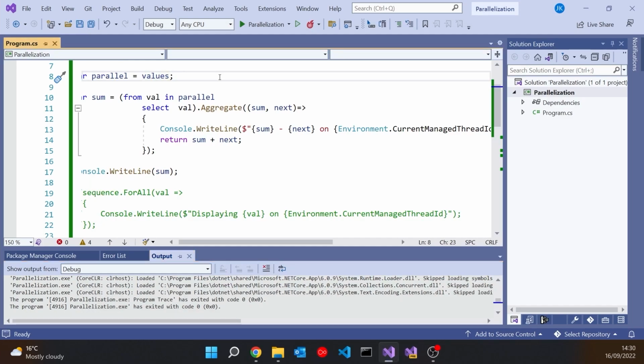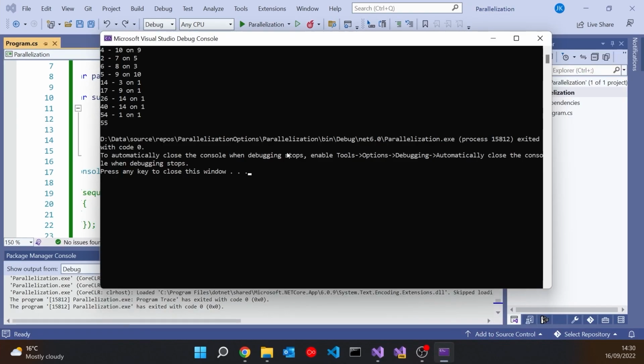Whereas if I put that parallel back in, then we can see that it's now got that randomization again. So we're starting out with some very strange sets of numbers, but it's still producing the same result because all the numbers come through. When you're doing a sum, it doesn't really matter how the things have been mixed together. And so that's perfectly okay.